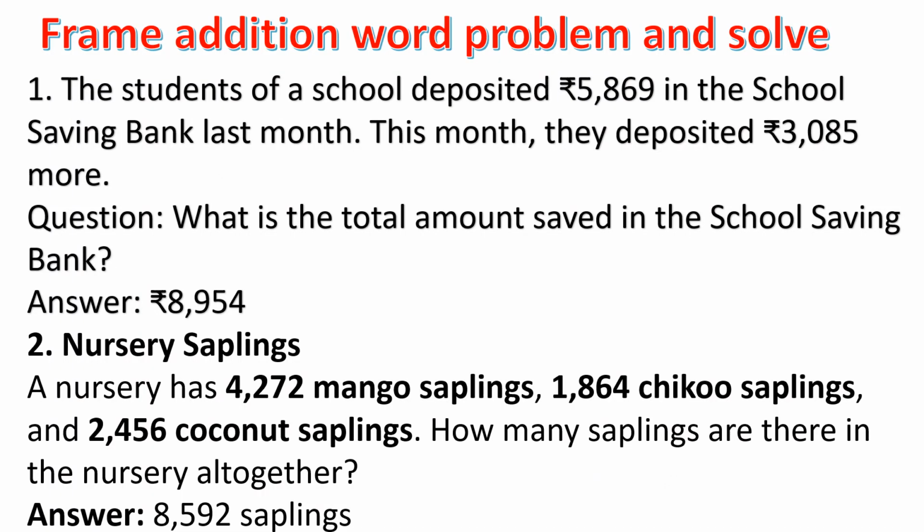They have given few questions, numerals over there and just incomplete information. They've asked us to frame addition word problem and then solve it. The students of a school deposited 5,869 in the school saving bank last month. This month they deposited 3,085 more. What is the total amount saved in the school saving bank? So we simply add, let's write that down here,